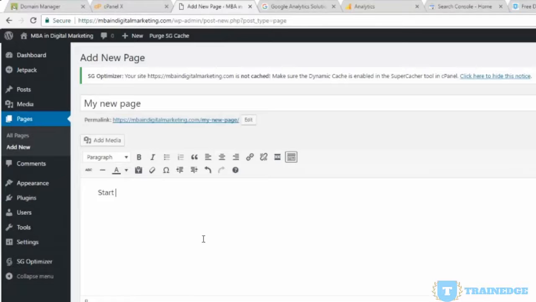You can start creating your content here. You can add images and everything. This is the default page editor of WordPress. Most of the time, people will install what are called themes. Themes are what control your website's look and feel. And some themes will have their own editor tool, so it'll allow you to create much more interesting web structures, pages with different kinds of elements. The default one is a simple Word-like editor where you can create your pages.